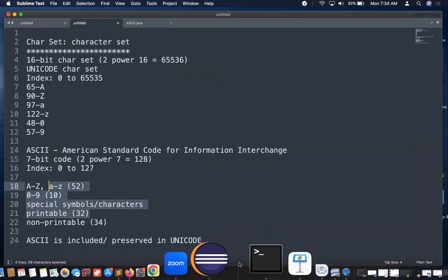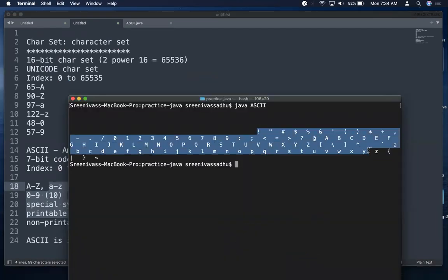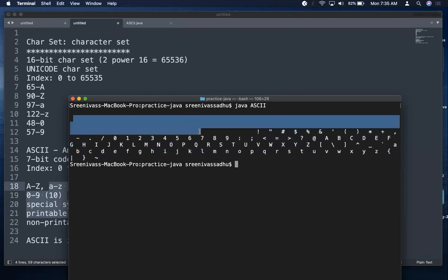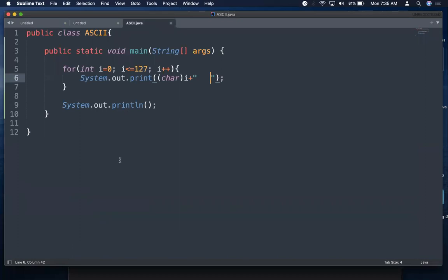Of course, you can count, these will equate to 94. So from here to here, you can find 94 printable characters, and there are 34 non-printable characters. So the first 34 are not getting printed because they are non-printable characters. In order to make you understand this better, I also print